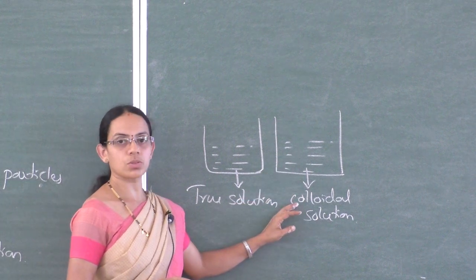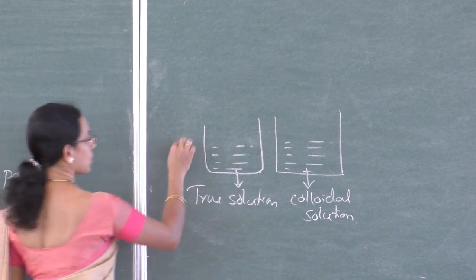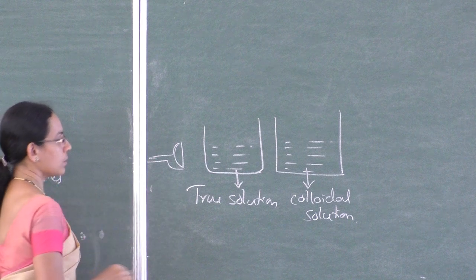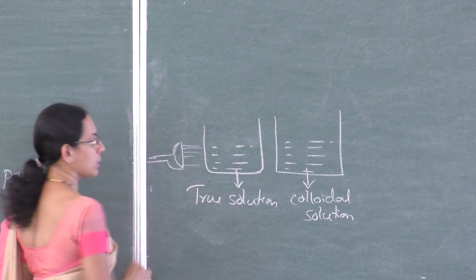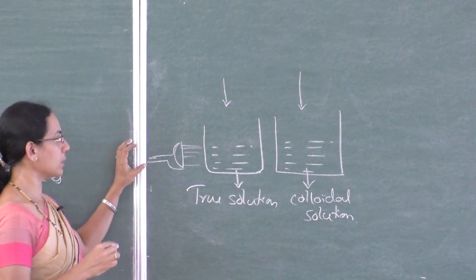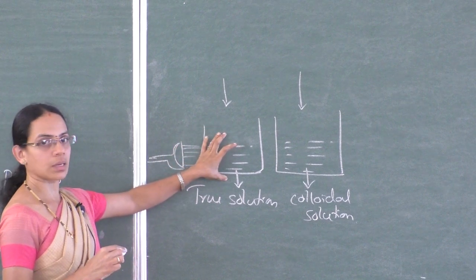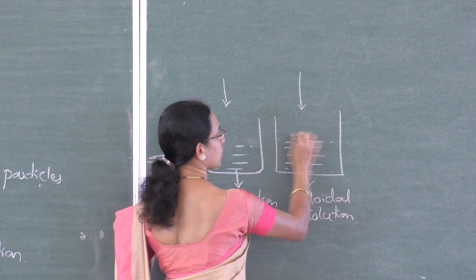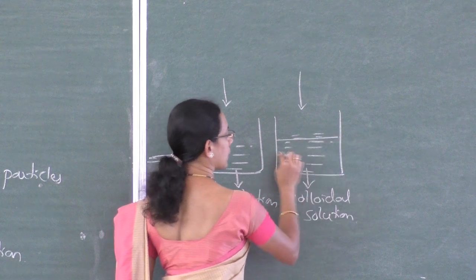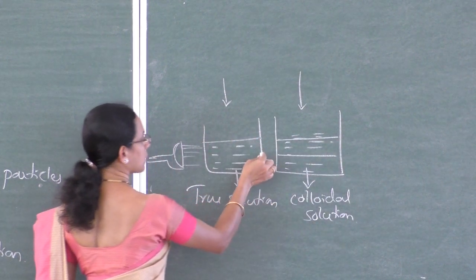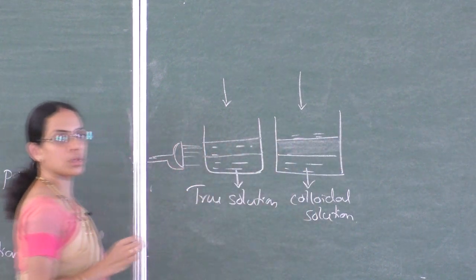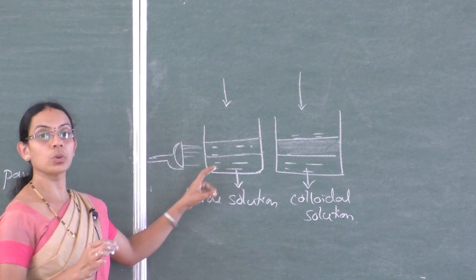You can take the dilute solution of milk as a colloidal solution, and a strong convergent beam of light is passed through this solution. And when it is viewed at right angles to the direction of the passage of light, the true solution appears perfectly dark, whereas in the colloidal solution, the path of the light beam is illuminated as a bluish light. So in the true solution, the path is not observed, but in the case of colloidal solution, the path of the light beam is observed, illuminated as a bluish light.